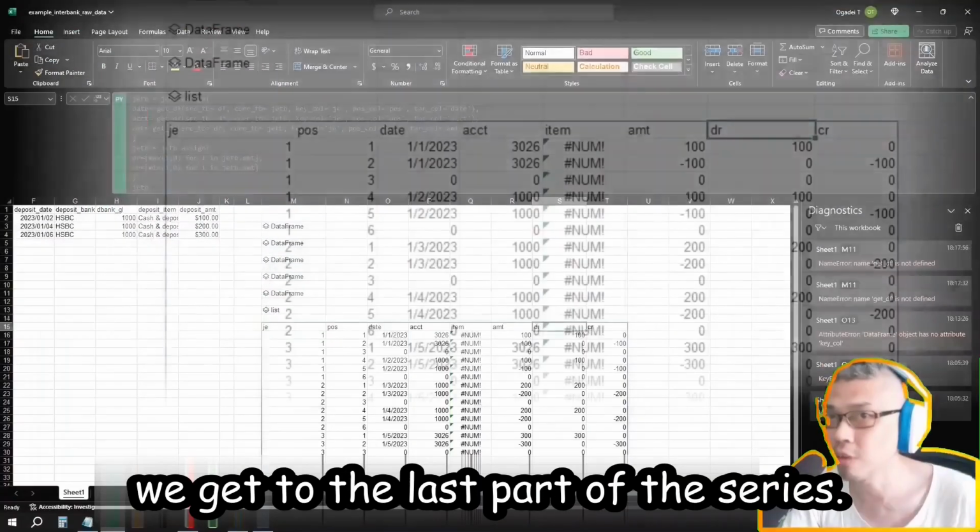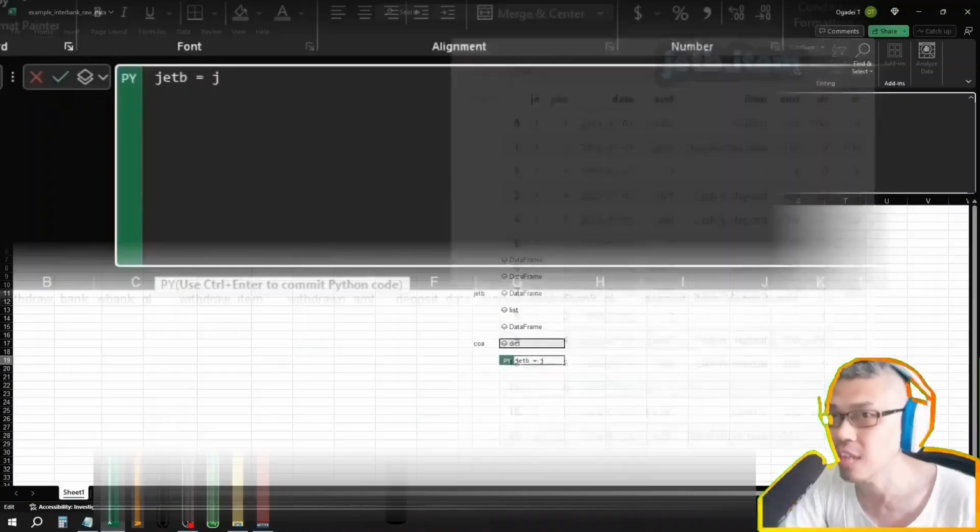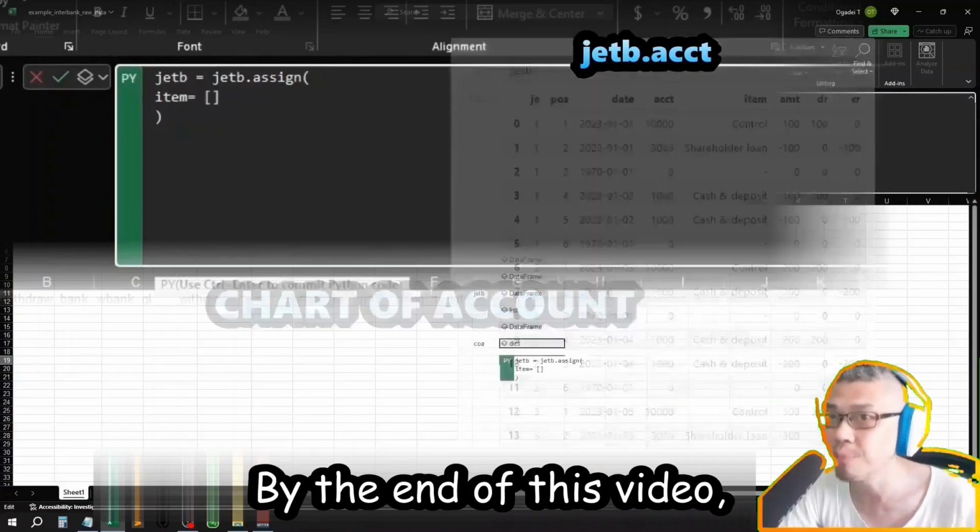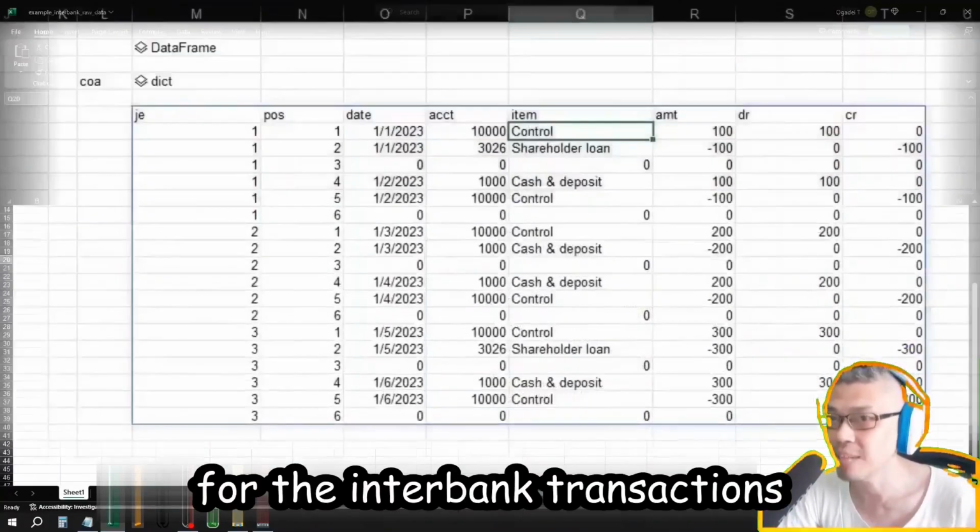Finally, we get to the last part of the series. We'll be finishing up the debits and credits as well as the account description. By the end of this video, you'll be able to generate the journal entries for the interbank transactions of your